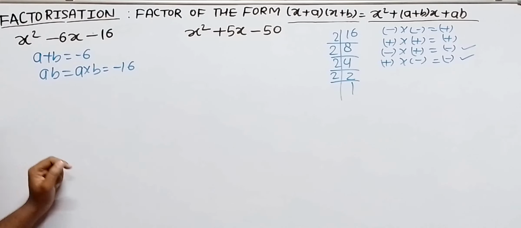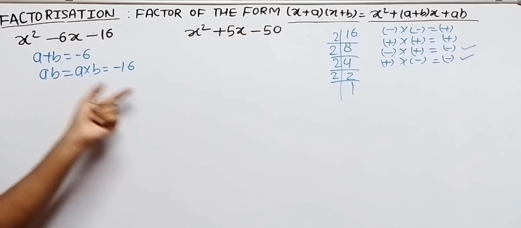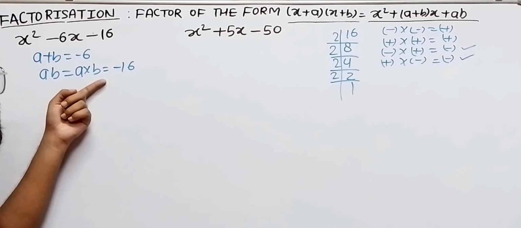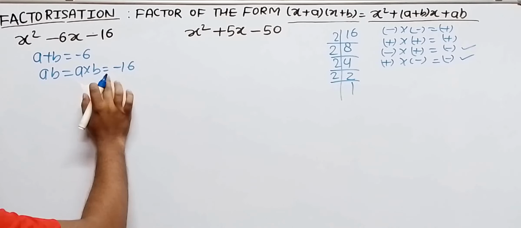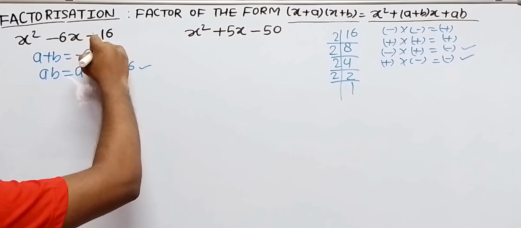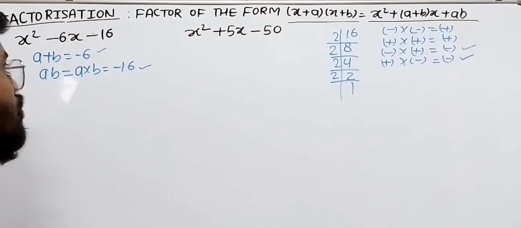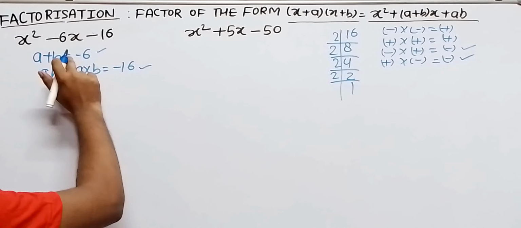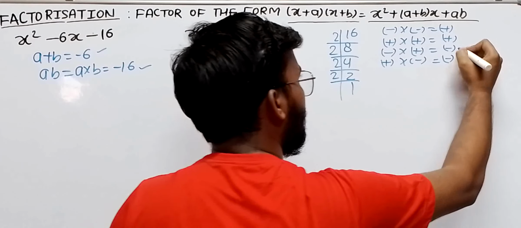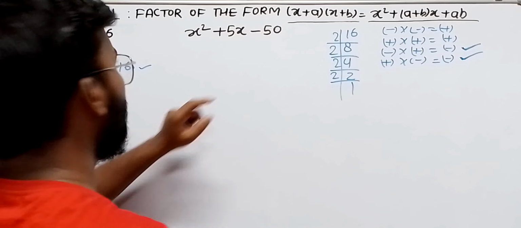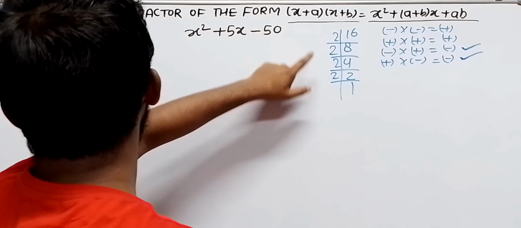Now see, here we need only two numbers, so we have to change all these factors into two numbers, so that when we multiply these two numbers we get minus 16, and when we add these numbers we get minus 6 as our sum. And see one more thing, we need minus in one of the terms, so we have to take either this one or that one. Now let us convert it into any two terms.